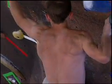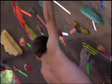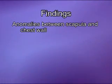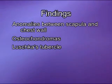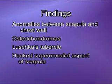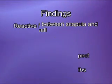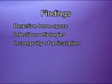Bursitis is more often due to repetitive overuse from overhead activities. Physical examination findings include point tenderness over the area of the involved bursa and pain with range of motion. Scapulothoracic crepitus and bursitis have been attributed to a number of findings, including anatomic anomalies between the scapula and chest wall, osteochondromas, Luschke's tubercle, a prominence of bone at the supromedial aspect of the scapula, an excessively hooked supromedial aspect of the scapula, malunions of the scapula or ribs, reactive bone spurs, infectious etiologies, or incongruity of the articulation secondary